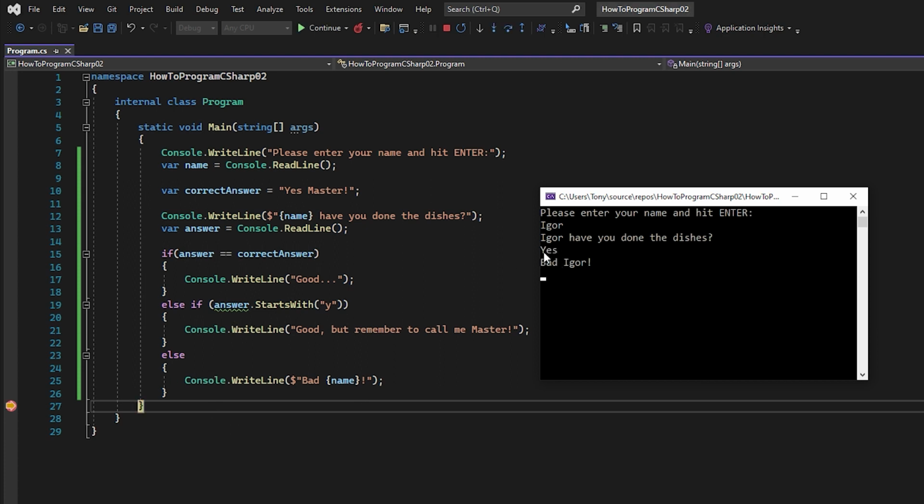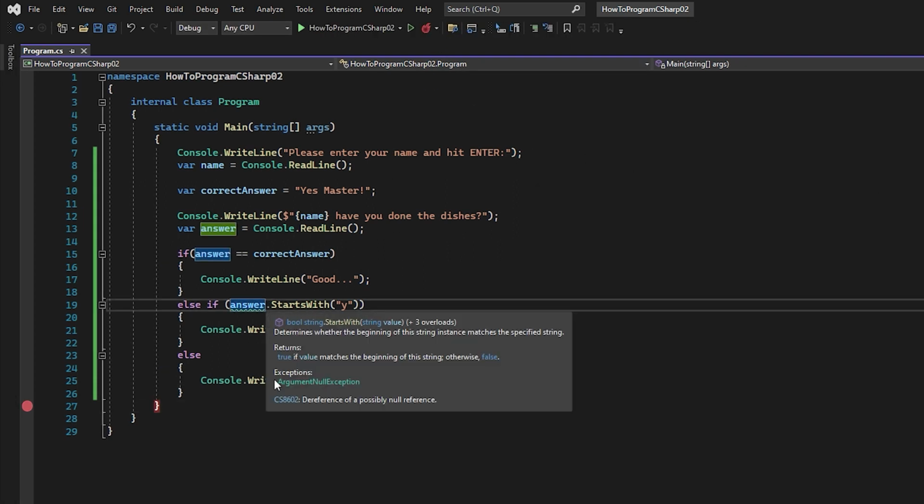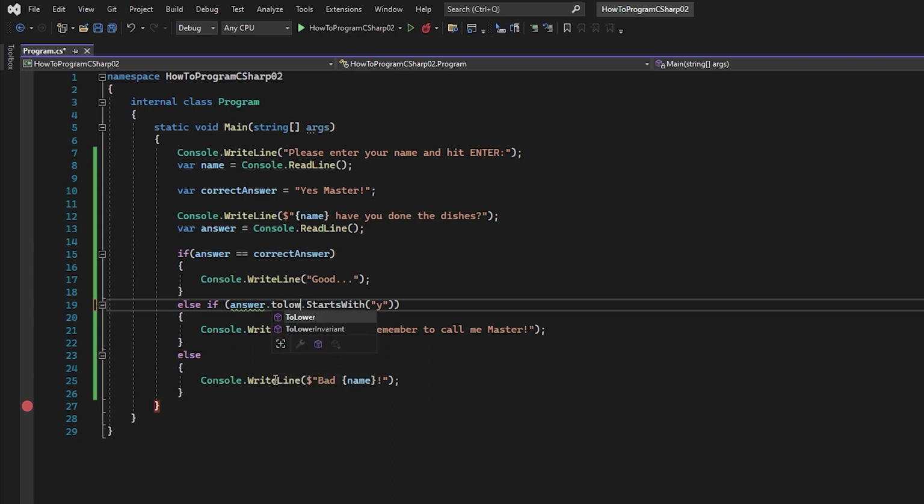Now let's try with an uppercase Y. And of course that didn't work because it expects a lowercase y. So the sentence needs to start with a lowercase, and in this case we start with an uppercase. Because case, case, case. So let's fix that. We fix that by adding